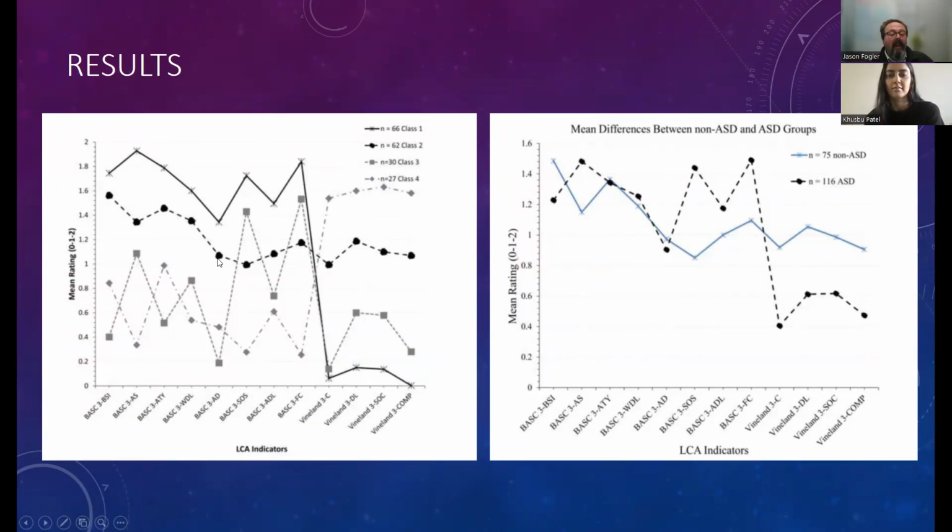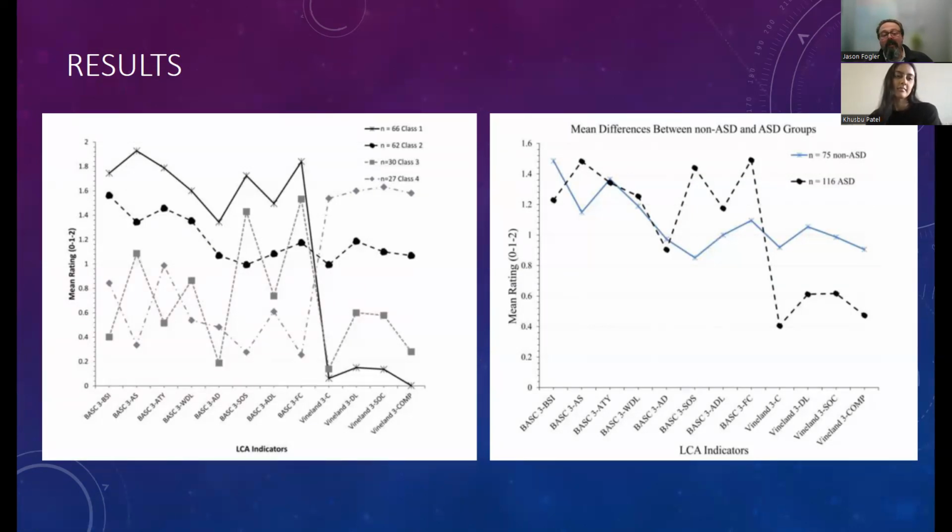With the dark dots and the dashed line, we have relatively high levels of behavioral health symptomatology, intermediate levels of adaptive functioning. This was the group that had the highest number of comorbid mental health disorders, including mood, anxiety, and disruptive behavior disorders. We call this a behavioral health disorder group. In the gray squares, coming up with the dotted line, we have intermediate levels of symptomatology and some low, moderate levels of adaptive functioning. This turned out to be the group that was a pure autism spectrum disorder class with